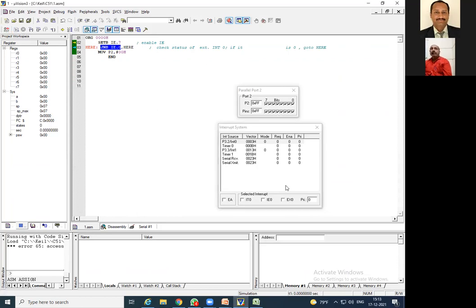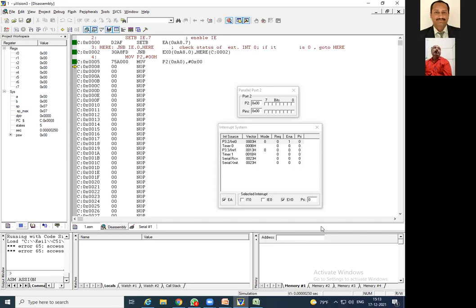Now all are 1. But when you click on any interrupt, I am supposed to run the program and then click on this. So automatically all become 0. Got it? So this is applying the external interrupt, and the action is taken. This is how this particular interrupt is going to work.